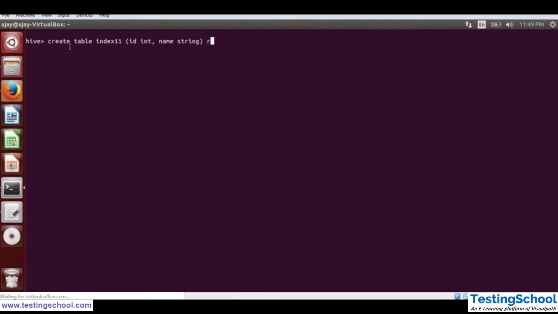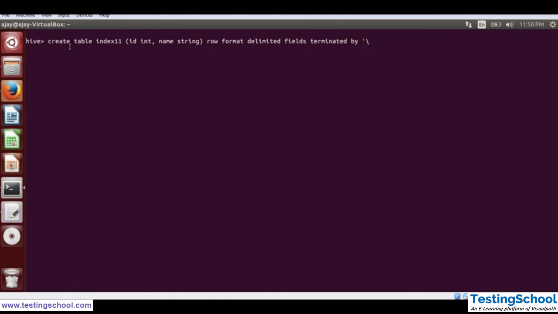then row format delimited, fields terminated by, then you define how your data is terminated.